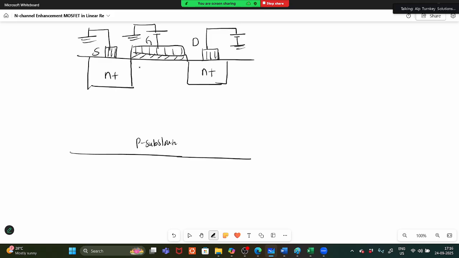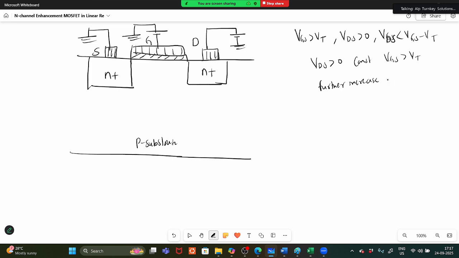Due to this, the channel is forming. What is the condition we already saw? Here VGS is greater than VT, the channel is forming, and VDS is greater than 0, such that VDS is less than VGS minus VT. Here, as VDS is kept constant, and VGS is greater than VT,